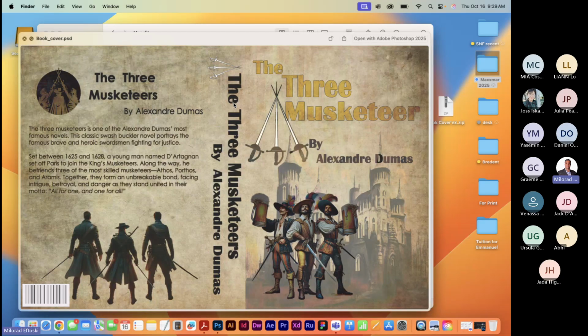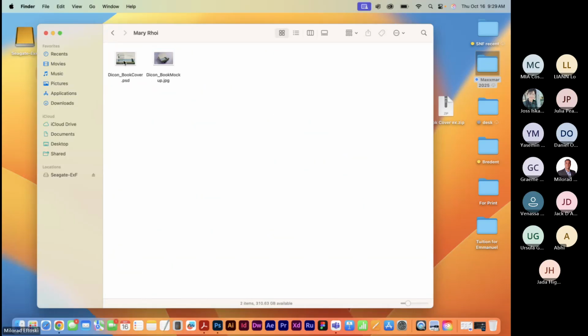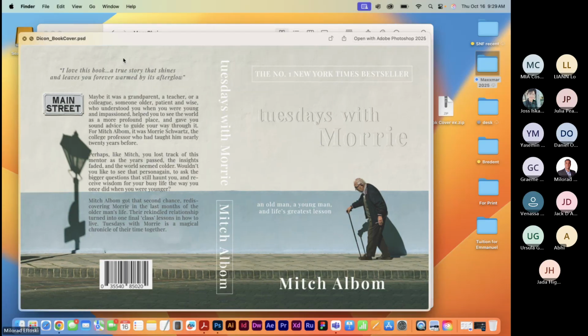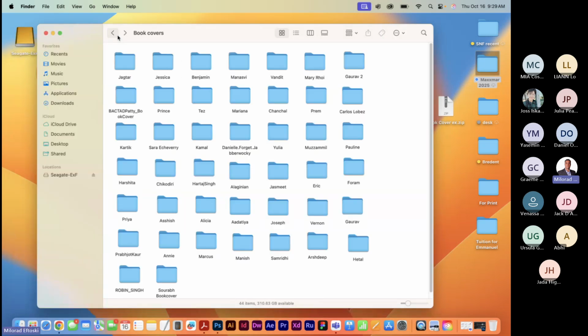The Three Musketeers. Mock-up. If you want to get your own